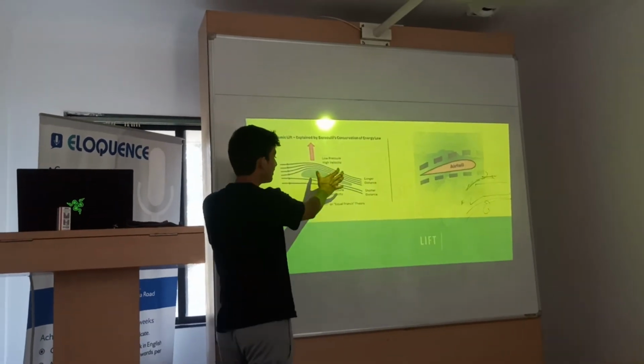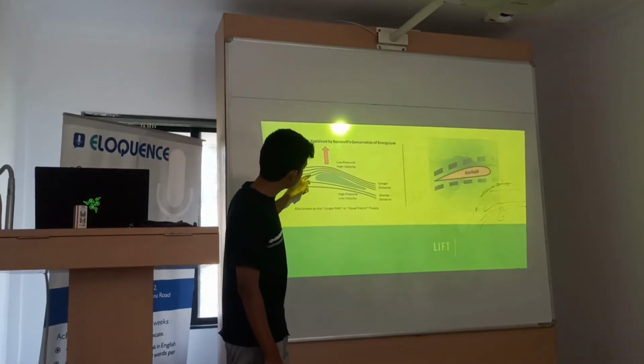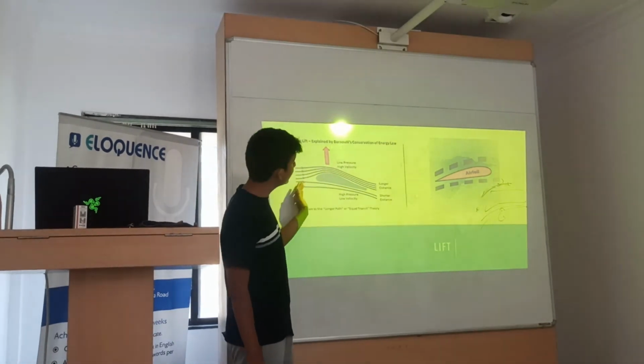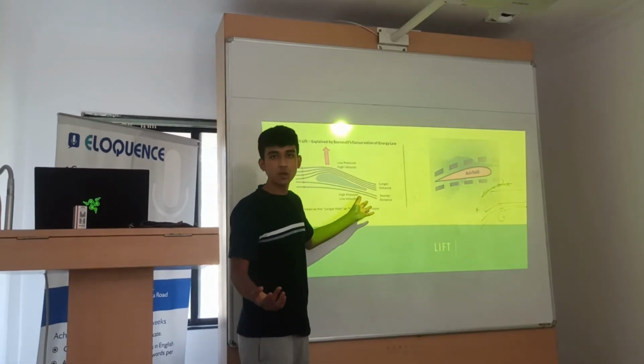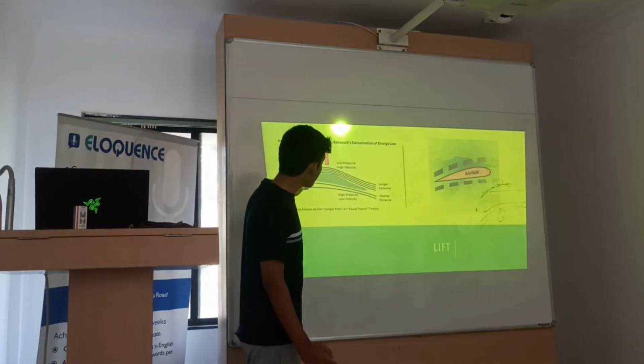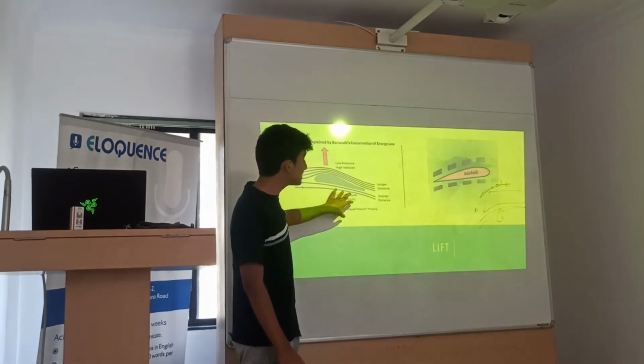Let's say this is moving at a very high speed through the atmosphere, through the air. As you can see, this is a more curved shape, correct? Therefore, the velocity of the air will be faster on top. And what do we know about pressure? If there is more velocity, there will be fewer particles present here. Over here, it is going at a slow speed because there is no curve. It is just going straight. So the pressure is higher here.